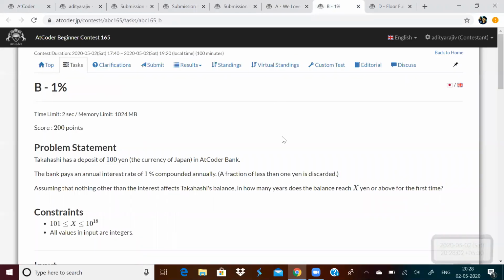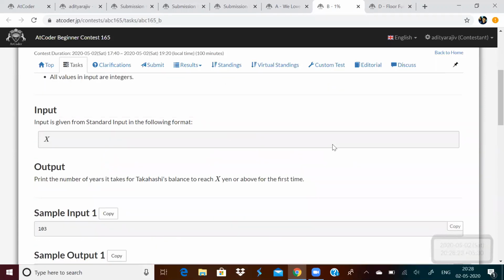Let's go to problem B. It says 100 yen was deposited and compound interest is 1%. Assuming that nothing other than interest affects the balance, how many years does the balance reach X yen or above for the first time?